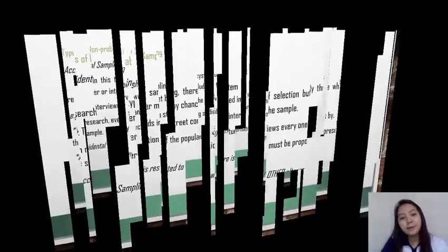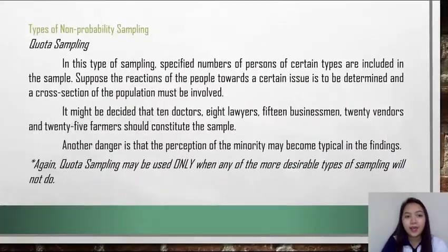The next type of sampling is quota sampling. In this type of sampling, specified numbers of persons of certain types are included in the sample. Suppose the reactions of the people towards a certain issue are to be determined and a cross-section of the population must be involved. It might be decided that 10 doctors, 8 lawyers, 15 businessmen, 20 vendors, and 25 farmers should